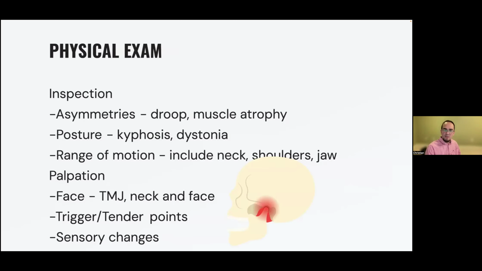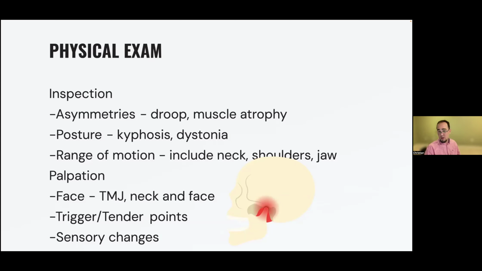Then transitioning from the history taking to the physical exam, things that we could potentially look for will be, starting with the inspection, looking for any asymmetry, any specific injury, any atrophy, so that we're possibly not missing something else going on. Any differences in their posture. Some people have kyphosis, or they may be anteriorly flexed on their necks, or they may develop a dystonia, which will be more a torticollis type of movement or anterocollis. So it will be more a tension type thing on their muscles.